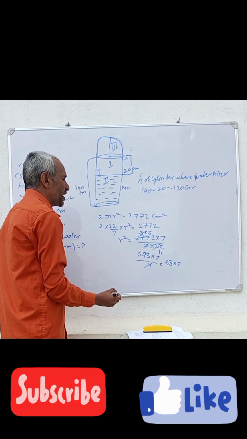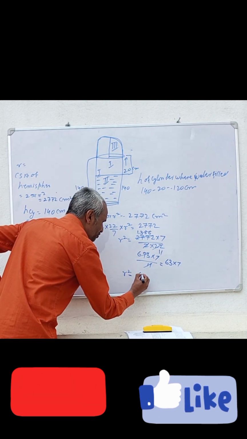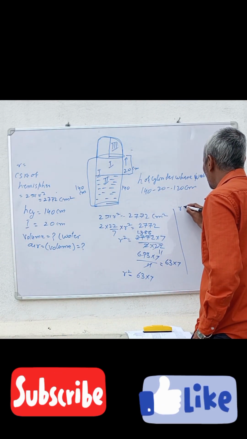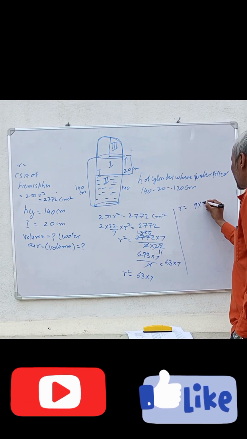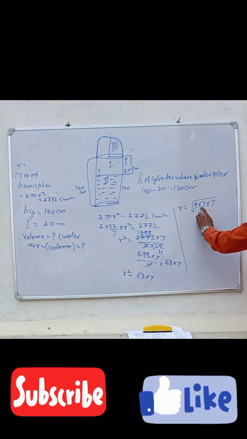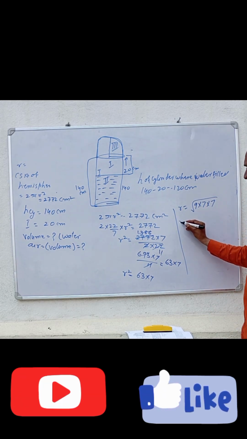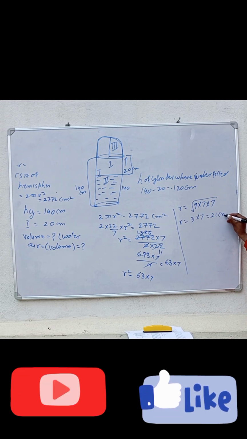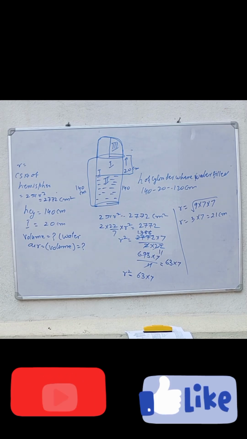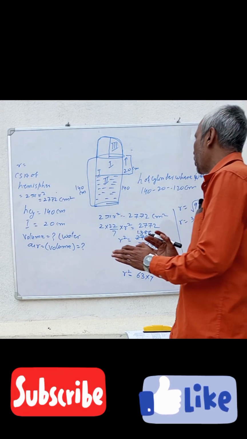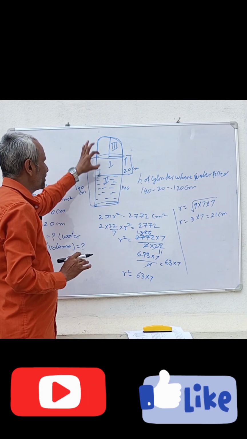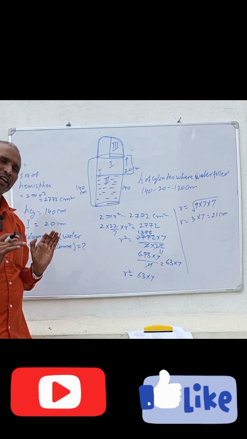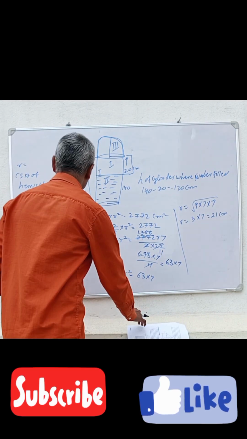Now we can write it in square numbers. So r squared is equal to 63 into 7. Finding the root, r is equal to 9 into 7 into 7, because 9 sevens are 63, into 7. The root of 9 is 3, and 7 is taken out. So it is equal to 21 centimeters. The radius is 21 centimeters. Now we are going to find the volume of the first, then the second, then the third. The first and third are air, and the second is water. So let's first find how much water it can hold.